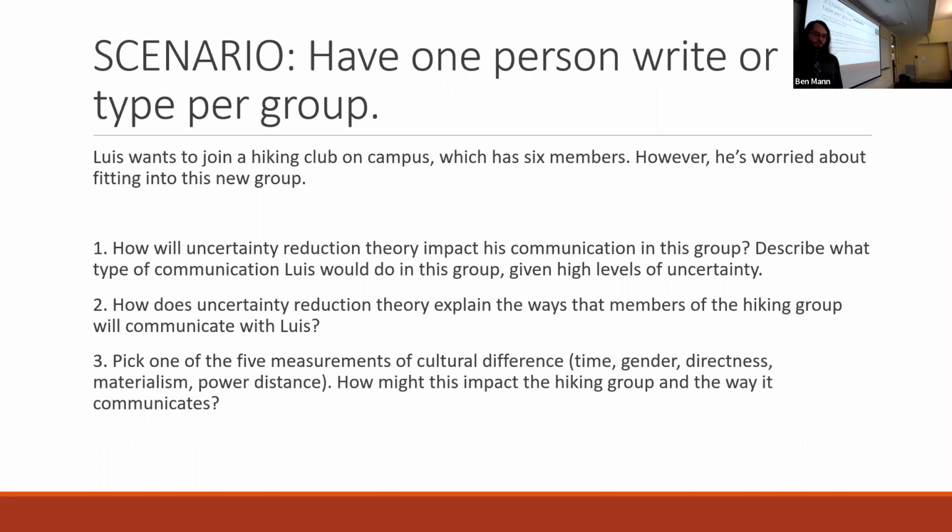And next one, basically just ensure he knows what's going on, communicate with him, basically be direct. I feel like that's the big one here, because time, gender, power distance, and materialism just aren't going to come much into play. It's a little club with 6 members, so that kind of stuff just isn't going to affect it that much. But directness and communication will.